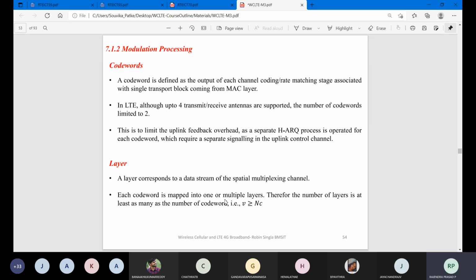Using this maximum number of antennas, where you have 4 transmitters and 4 receivers, right? But this number is very high, which will be observed. This is a limit to the uplink feedback overhead, as a separate HARQ process, HARQ being your hybrid automatic repeat request, is operated for each code word, which requires separate signaling in the uplink channel.